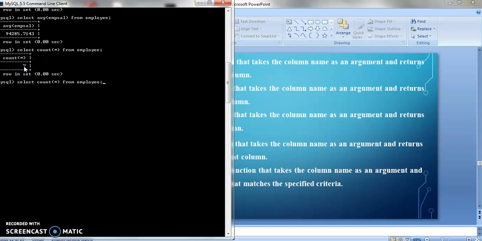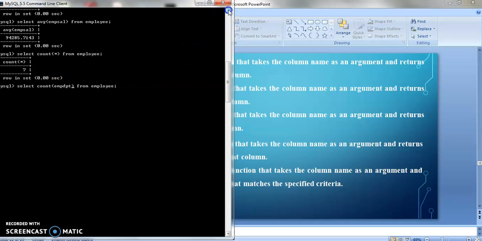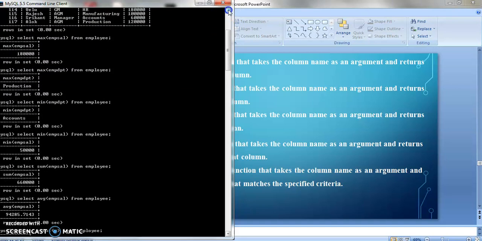Now I will put count and my column name, suppose empdpt. So it will return the number of rows that contain non-null values for this column. I am repeating my point: suppose I put count empdpt.